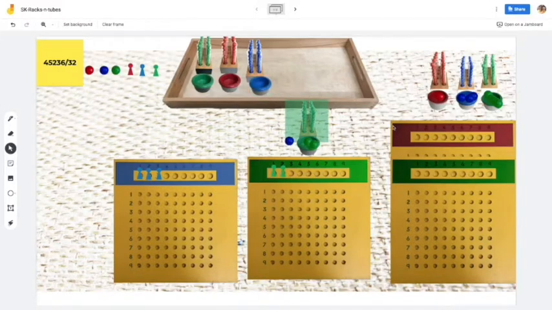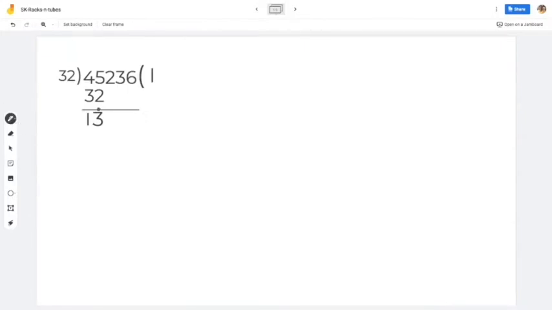Now let us shift the thousands bowl and rack along with the 10,000 bead to the tens board and bring down the hundreds bowl and rack to the units board to distribute these beads. So what did we do now? We brought the 200s down to distribute, and that's what we are writing down here.